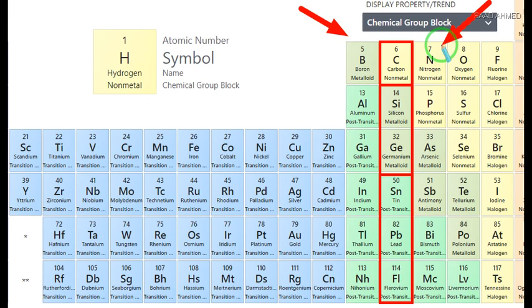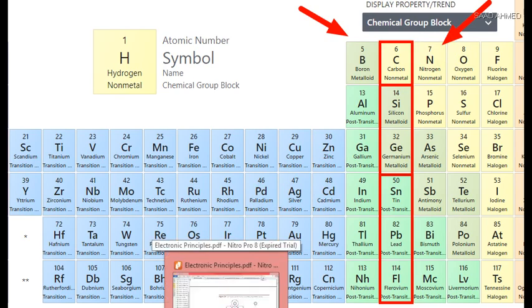So for the doping process, the most suitable elements are group 3 elements like boron, aluminum, and group 5 elements like arsenic and phosphorus. So this was the thing which I wanted you to look at, and I also want you to try and draw the atomic structure of these to have a little deeper understanding of the topic. Anyway, so what we are going to do now is go back to this doping,